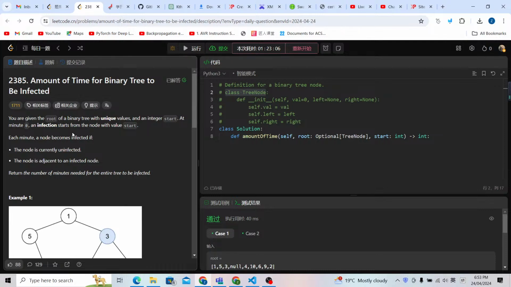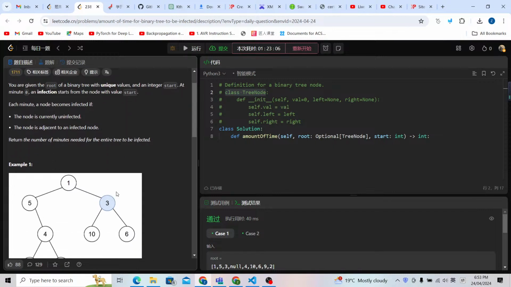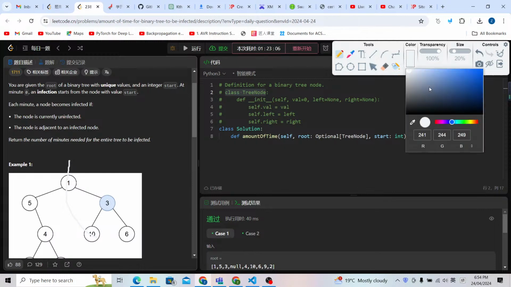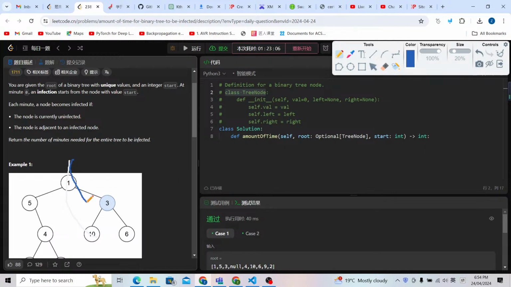And at minute 0, an infection starts from the node with the value start. So it means from time 0, we are here at node 3, and this node is infected. So at time 1, the other nodes, maybe 1, 10, and 6, will also be infected. So this is just the question. So for the next minute, let me try to use another color. For the next minute, this 3 node would be infected, and for the next minute, this node will